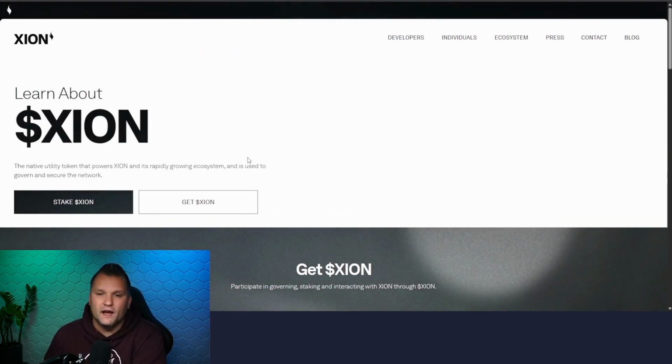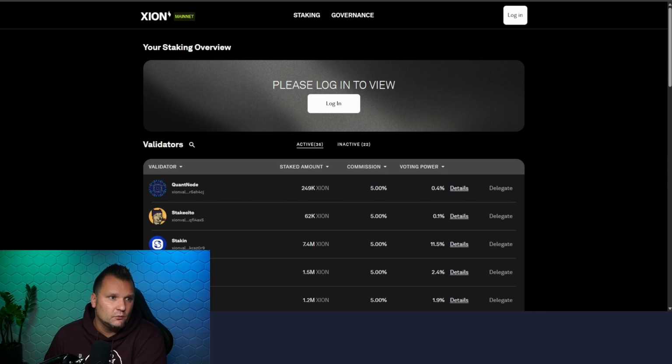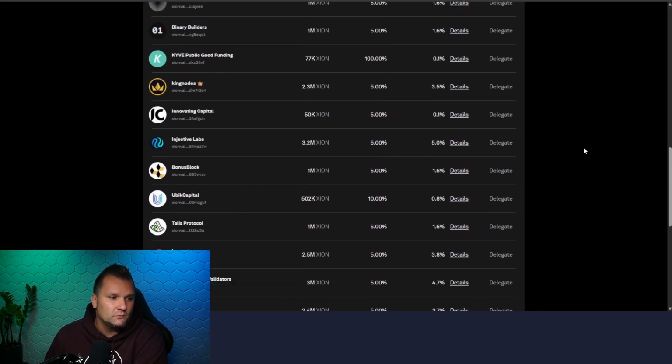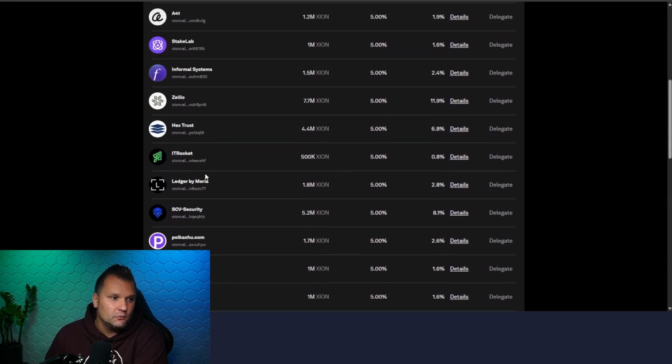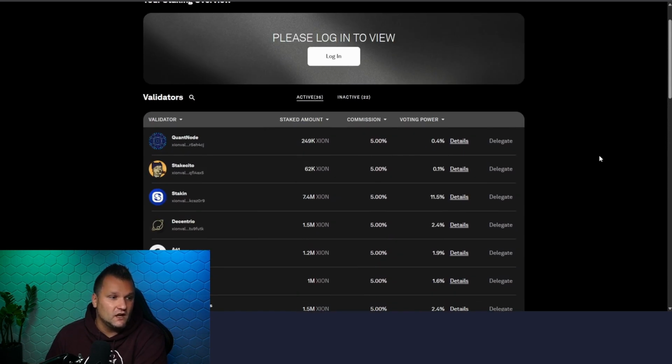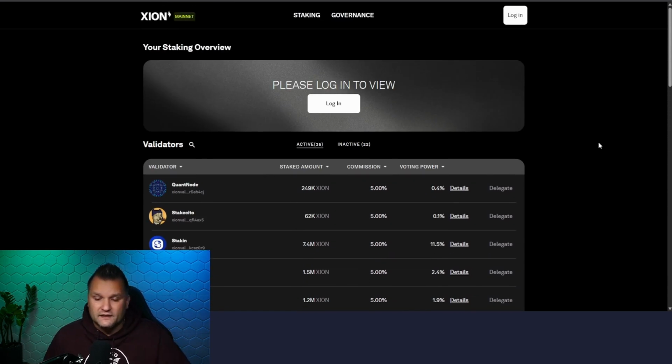And you can't just buy it, you can also stake it. And when it comes to staking, there are already quite a few providers. I was actually surprised by how many options there are to stake the XION token. For example, you can even do it on the ledger with Myria. So this is a staking pool that was created specifically for the ledger, but as we can see, there are already a lot of staking pools, and this way you can lock up your tokens and even earn additional ones.